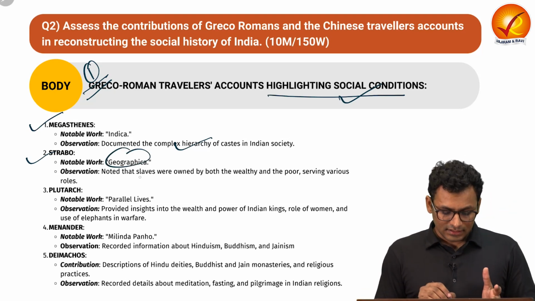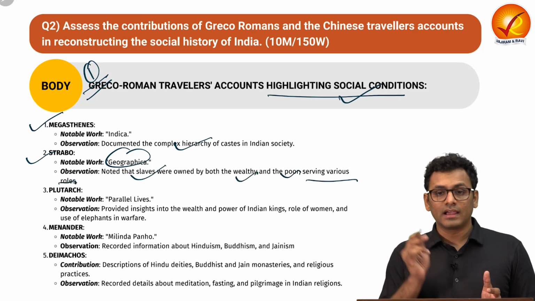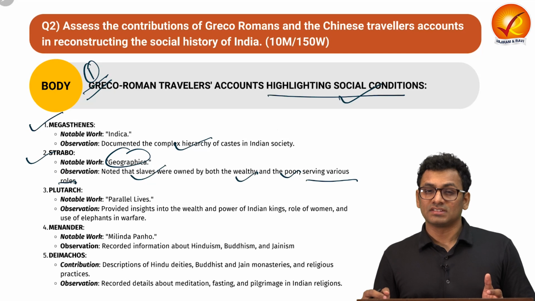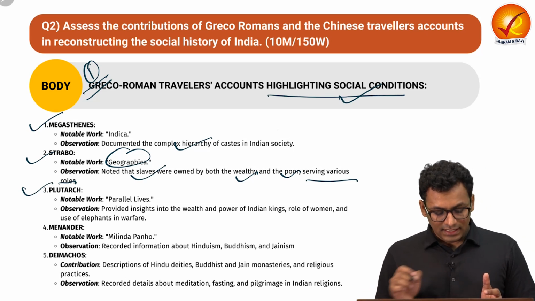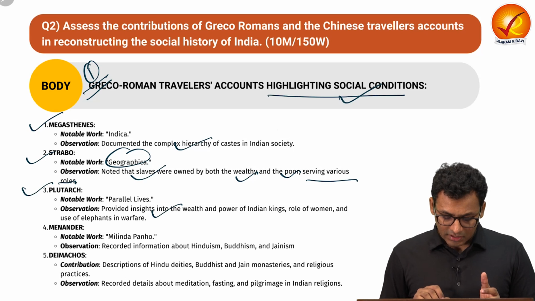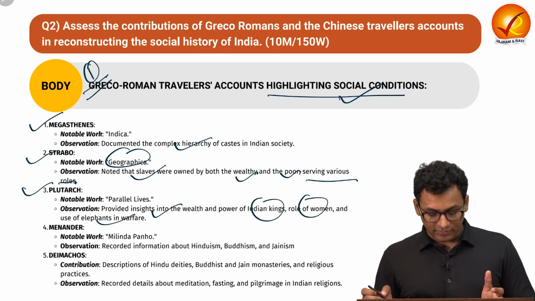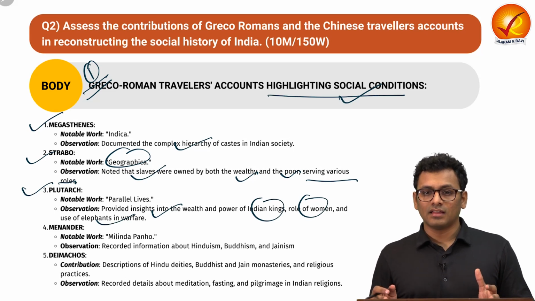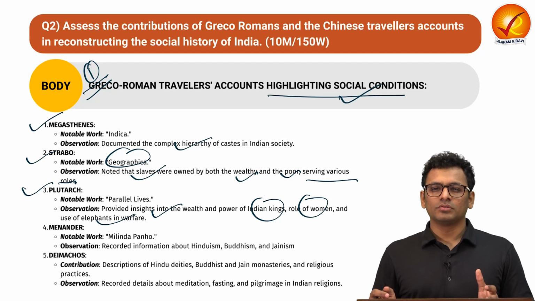He noted that there were slaves owned by both wealthy and poor serving various roles. Again, over here we are able to see certain social stratification and certain division of labor of Indian society. Third is Plutarch. In his notable work Parallel Lives, he was able to provide insights with respect to the wealth and power of Indian kings, the role of women, and the use of animals in warfare. So you can understand how Plutarch, through his notable work Parallel Lives, was able to see Indian society